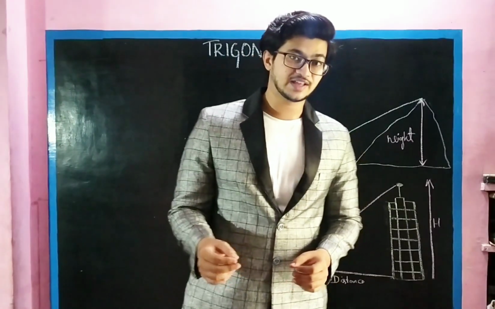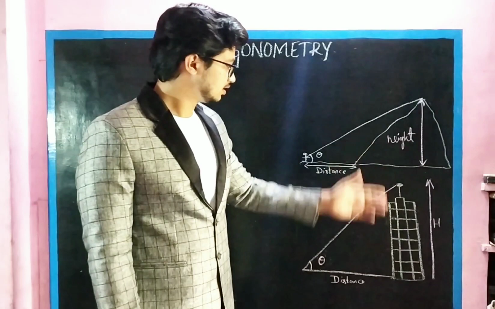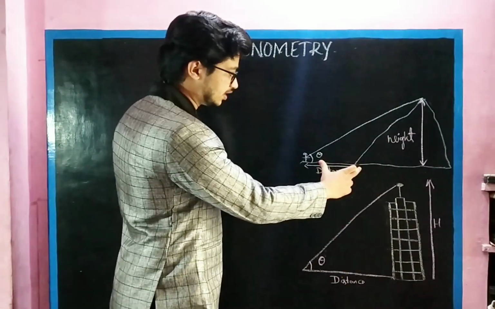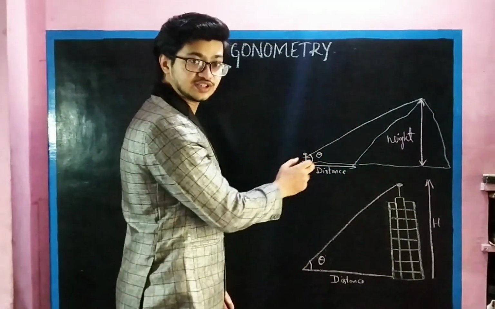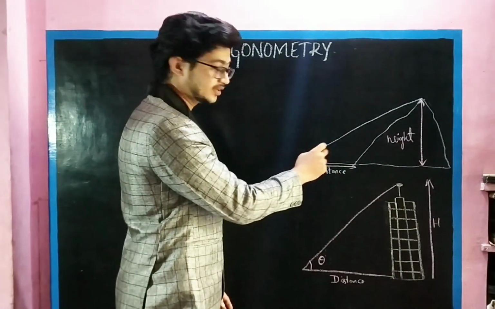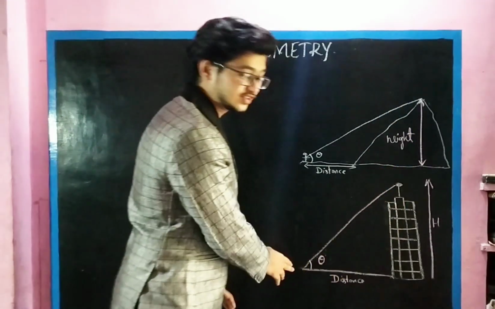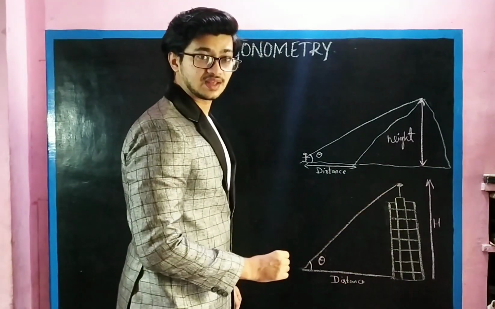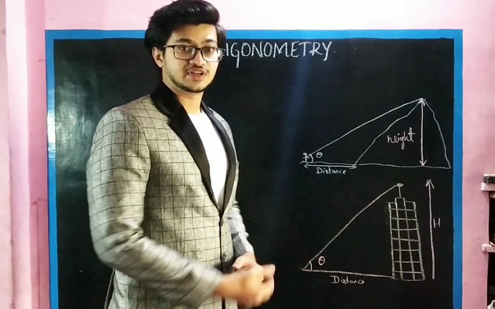In daily life, we can use trigonometry for finding the height of a hill or the height of a building. We know the distance from the foot of the hill. We are standing some distance apart, and the angle of elevation we know, let theta be 30 degree or 60 degree. With the help of it, we can find the height. Same with respect to a building: we know the distance and we can find out the height. It is an easy method to find the height without using any instruments.